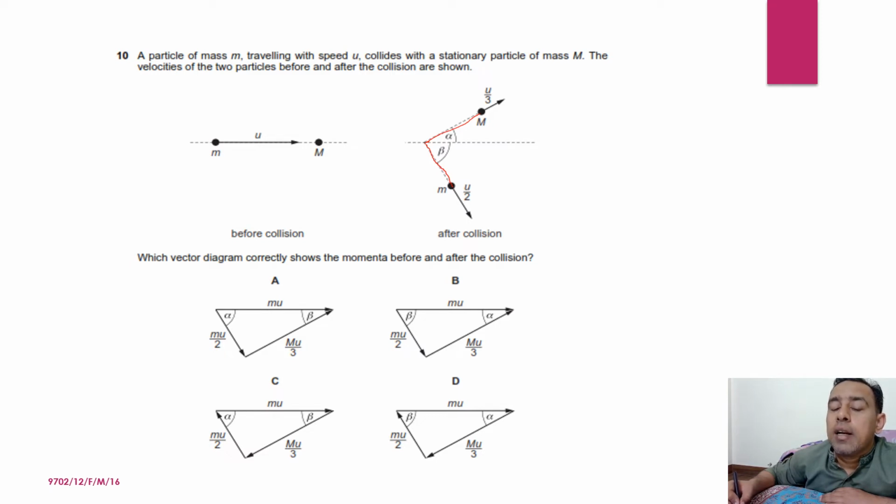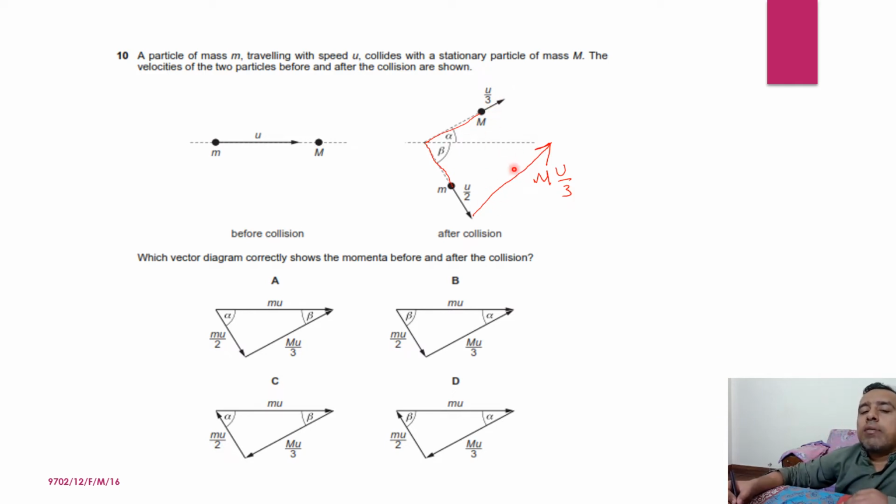Here the tails are attached, so we move this vector over here. So this vector is mu by 3. This vector is over there, like from using highlighter. This vector